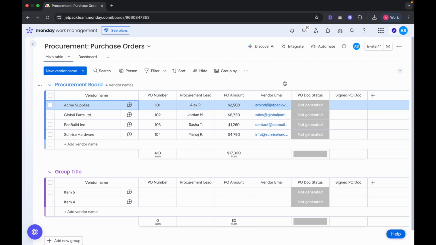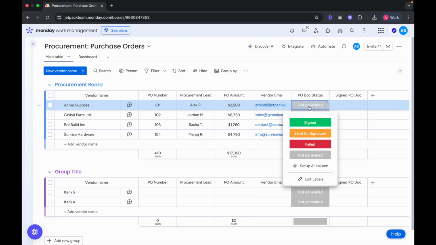Let's get started. Here's my procurement board in Monday.com. Each row here represents a purchase order that needs to be approved and signed. We've got all the key details: vendor name, purchase order number, procurement lead, PO amount, vendor email, and 2 very important columns: PO document status and